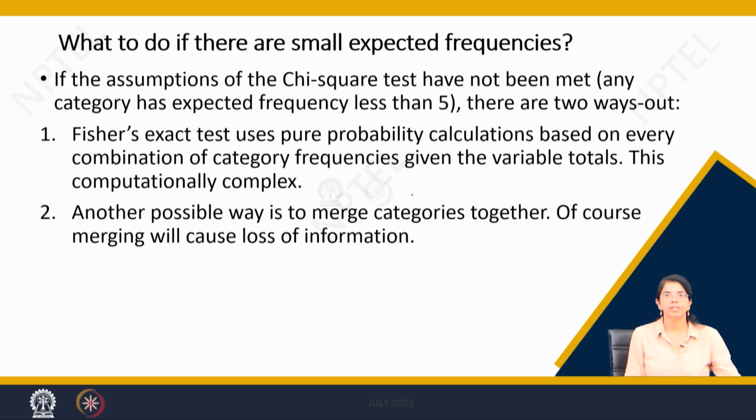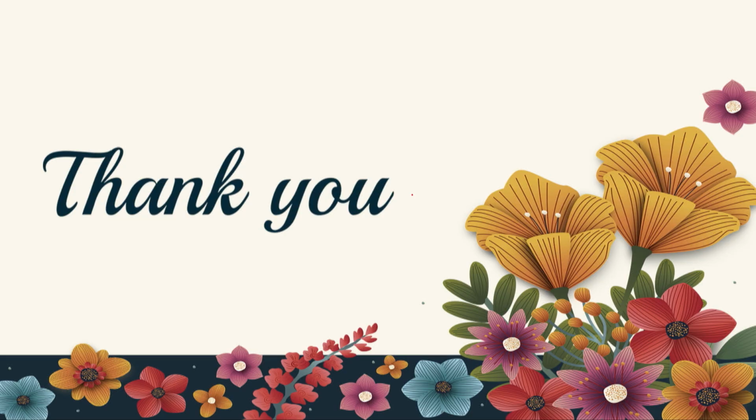Of course, this type of merging will cause loss of information. So that's the Pearson chi-square goodness of fit test, which is the most widely used goodness of fit test, but it has some lacunae, as we have seen, because of the classification and because of the approximation. Sometimes it has a tendency to lose information. So we have to deal with it using some finer, more advanced goodness of fit tests. Next class we will learn this. Thank you.